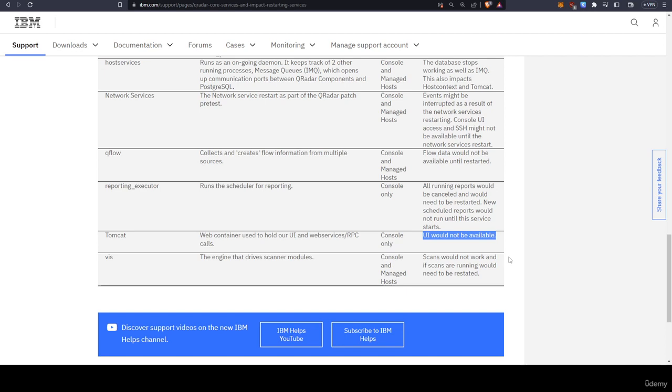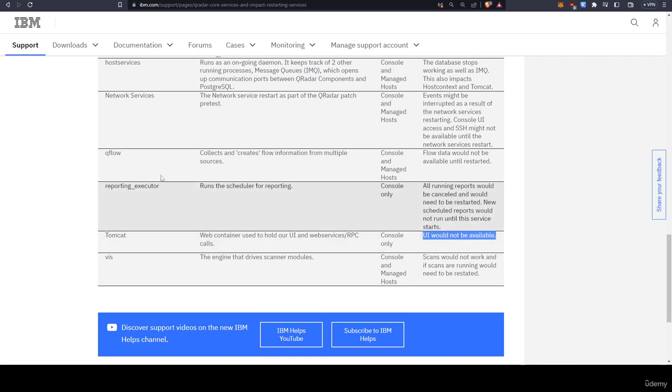And the reason I'm doing this is because we will be working with these services in our troubleshooting modules to see what happens when the service is down, how to fix it, how to troubleshoot the logs, and how to do our best to bring it up back online. And in order to do that, we need to get ourselves familiar with the core services of QRadar. But again, the more you work with those kind of things, the more you would know what to do.